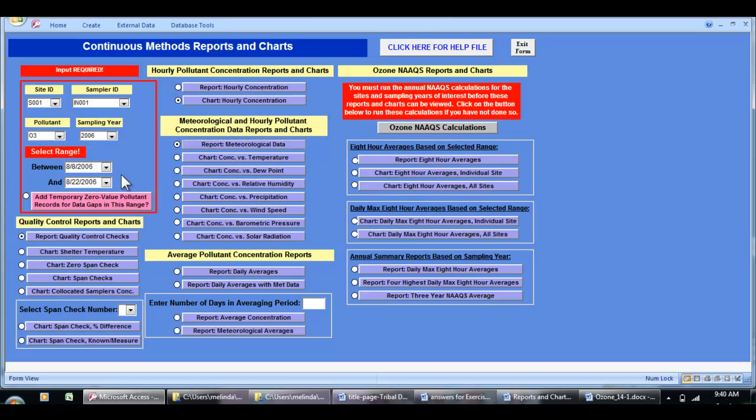So again, we select the dates 8/8 through 8/22 in the date range boxes. And now we want to generate some summary statistics. So we're going to click on report. We could click the charts and look at it, but if we want the exact calculations, we click a report